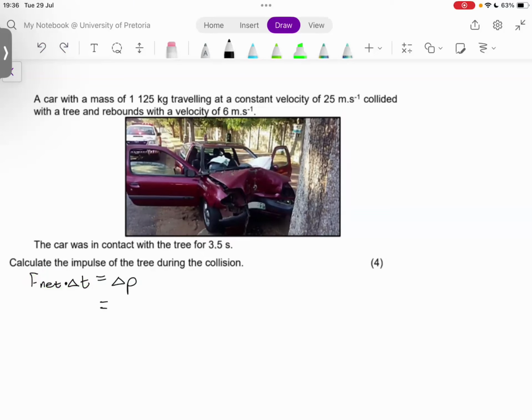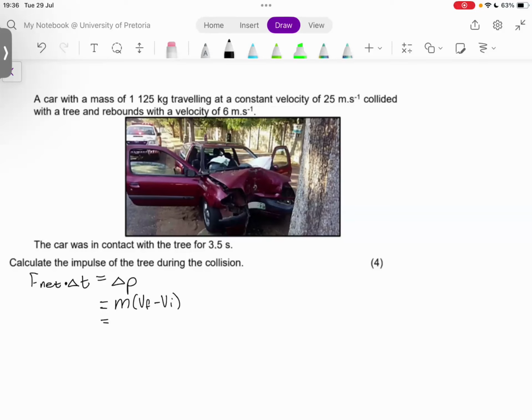On the right-hand side of the equation, let's expand the change of momentum. Because we only have one object that we're interested in in this case, that is the car, that's going to be the only mass. So I'm going to write m, where the velocities here, we'll take into consideration the initial and final velocities given. Vf minus Vi, and that's what I put in the brackets.